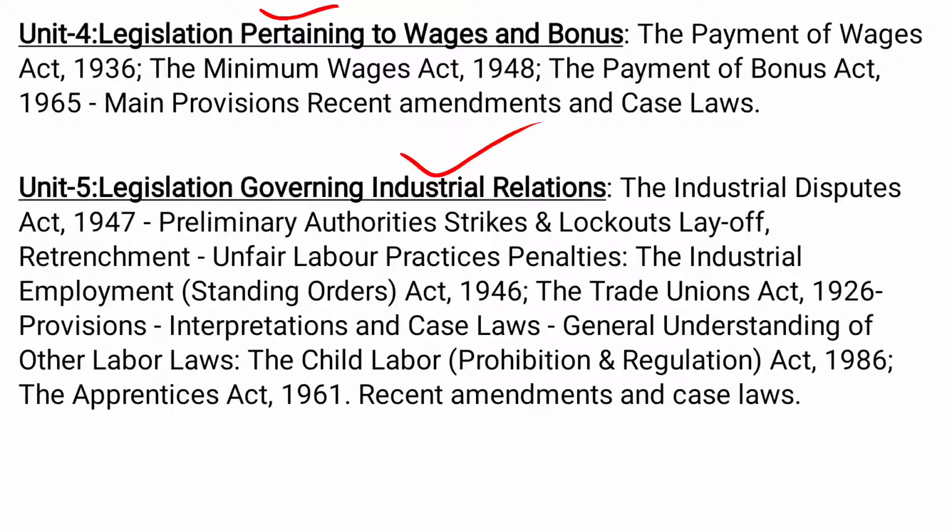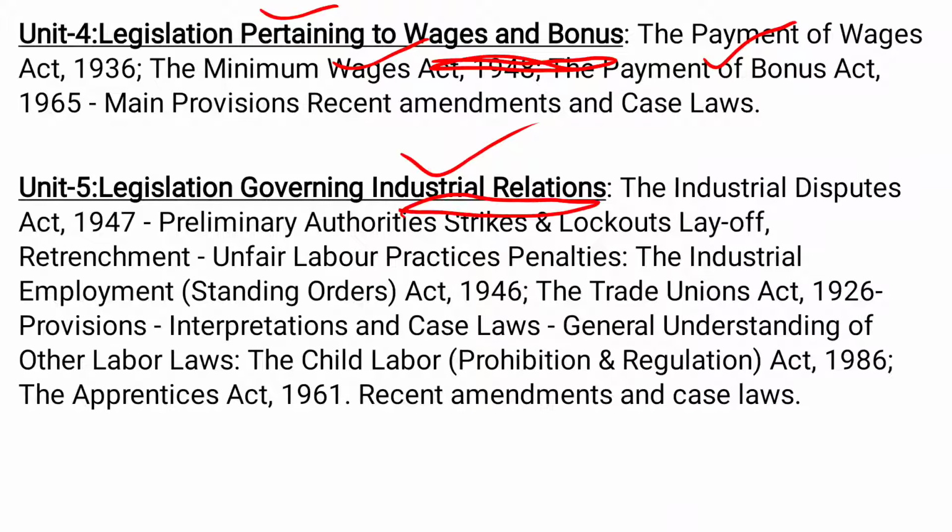Then Unit 4, that is legislation pertaining to wages and bonus. Here you are mainly going to study the laws related to wages and bonus. That is nothing but the remuneration to the employees that you are going to study in the 4th chapter. The Payment of Wages Act, the Minimum Wages Act, the Payment of Bonus Act. These are the 3 laws which govern the remuneration to the employees. That means how the remuneration must be paid and how the bonus is to be paid, which you are going to study under this Unit 4. Then the last unit, that is legislation governing